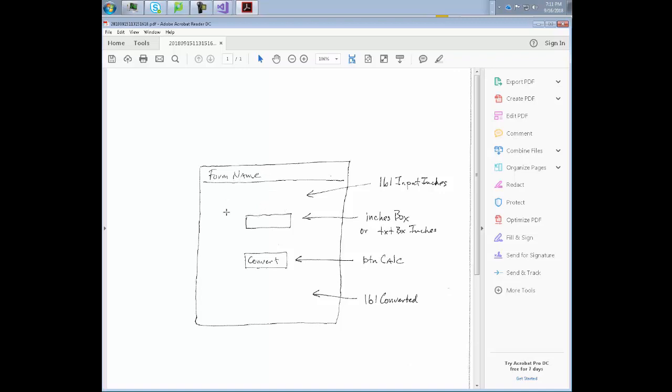So, and you're not necessarily going to get this right the first time, but I think it's important to have a sketch and write in the names of things. For example, this is going to be a box, a text box. And my first thought was I'm going to name this inches box. That's all one word. And then I remembered that I'm probably better off to leave txtBx in front